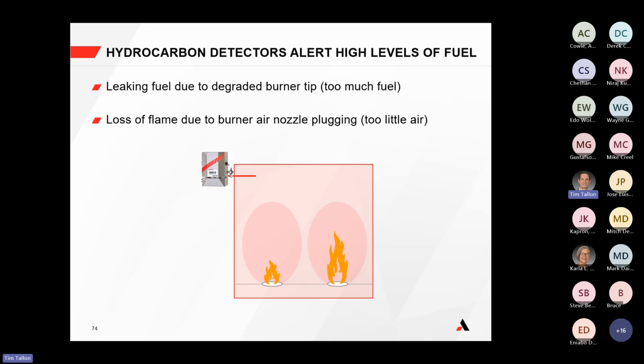the opportunity to use a hydrocarbon measurement to detect high levels of fuel. So like I mentioned, you could have a fuel leak at the burner, or a burner tip that could be releasing too much fuel, or a leaking burner, or leaking fuel valve. There's also the potential issue of having a loss of flame. That could happen from too little air or too much air where it blows out the flame. In either case, you would want to be alerted of that increase in unburned fuel. You want to be alerted of that unsafe condition, this loss of flame, of this leaking fuel,